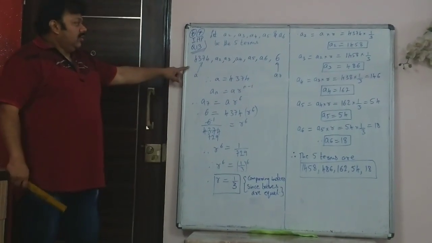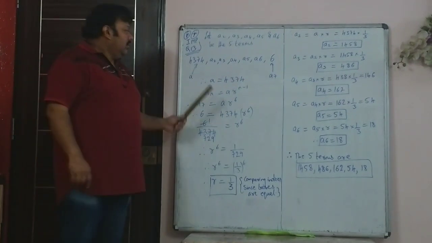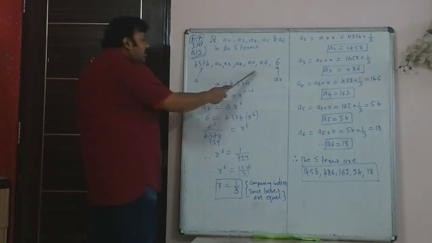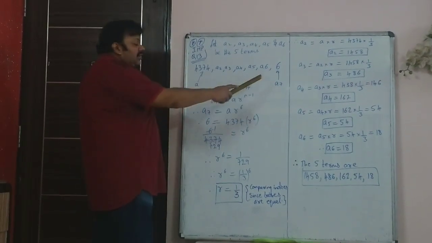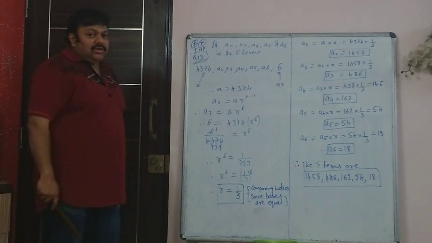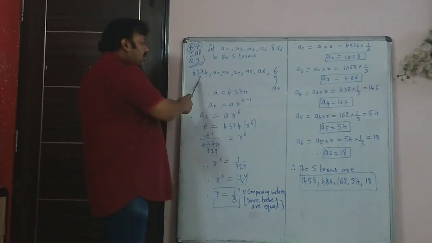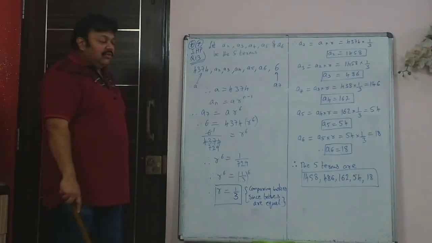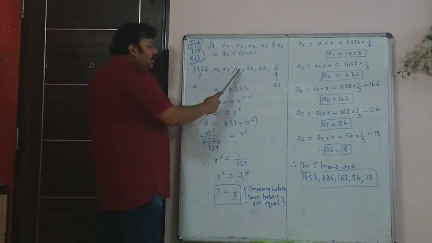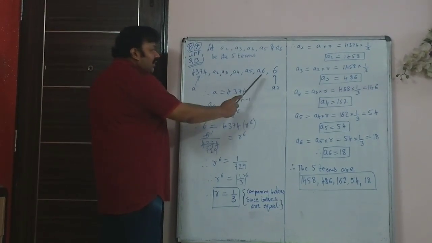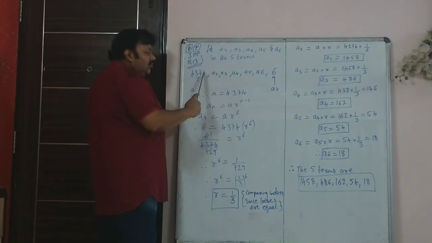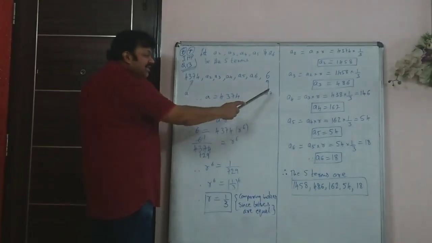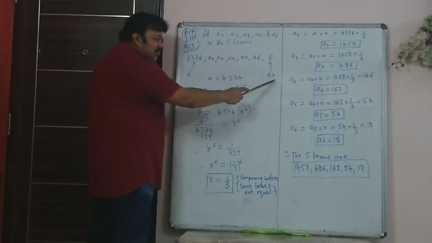Now you are given two extreme numbers of the GP, 4374 and 6. And they have asked you to add 5 numbers in between those two terms, such that everything is in GP. So now you know that the first term is 4374. So a is equal to 4374, and then a2, a3, a4, a5, a6 are those 5 terms which you have to add between 4374 and 6. So 6 is now the 7th term.